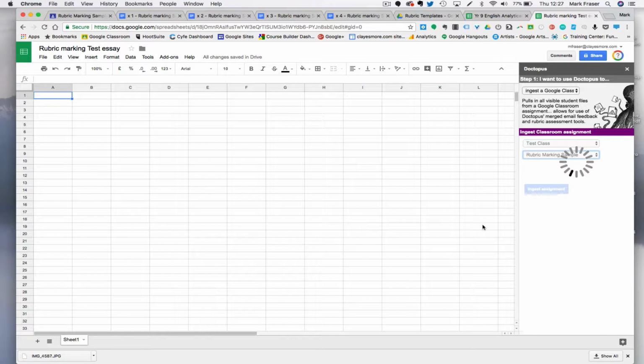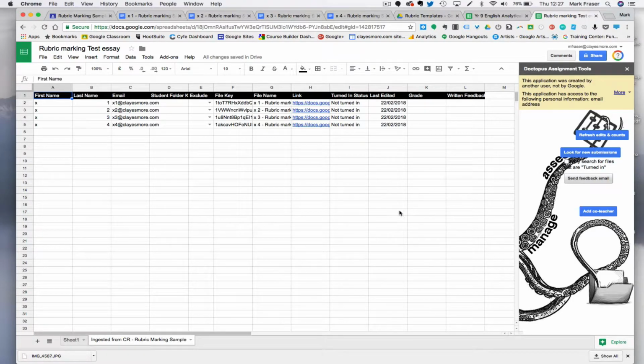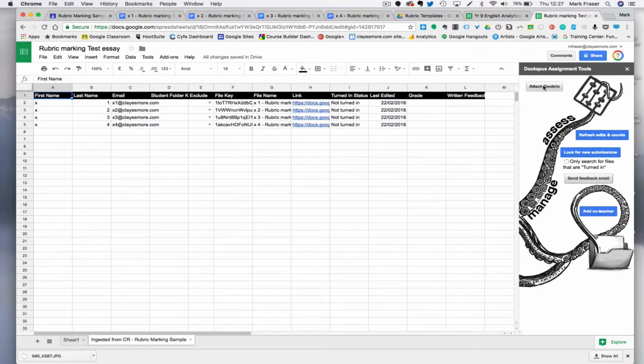Again, it'll take a moment just to link to the various pieces of work, and then I want to just click ingest assignment. So it takes a moment or two just to do that task, but you'll see that it's created a new sheet within the spreadsheet with details of the various students and the links to their pieces of work. Now I need to come back over here, dismiss this irritating warning again, and I want to attach the rubric. So this is the rubric that I've already created